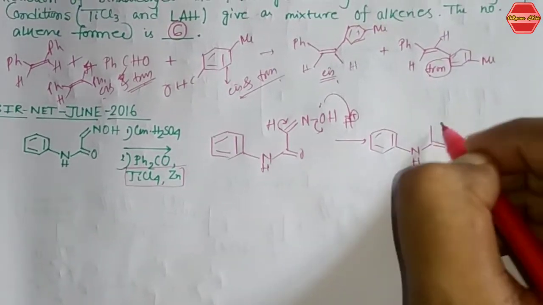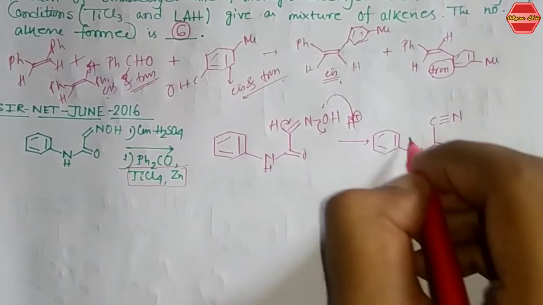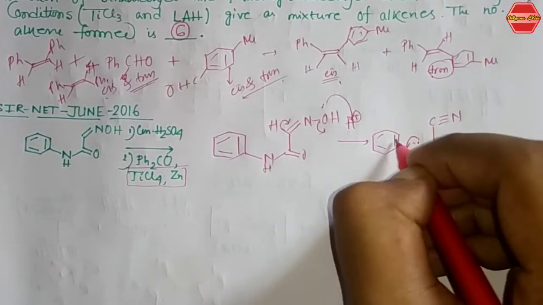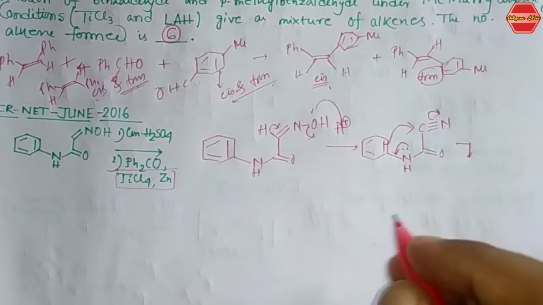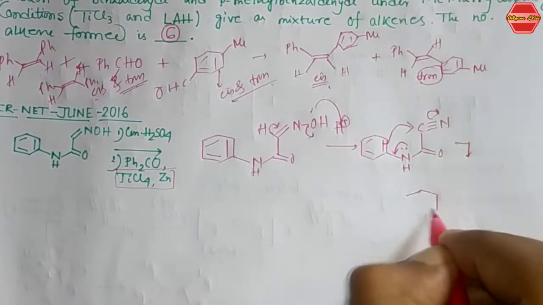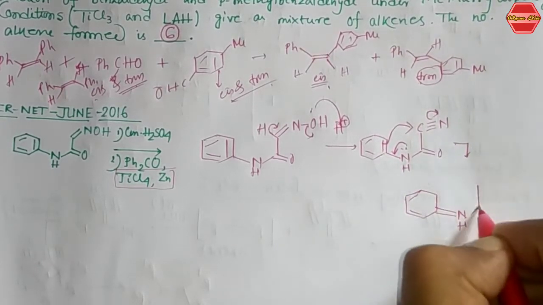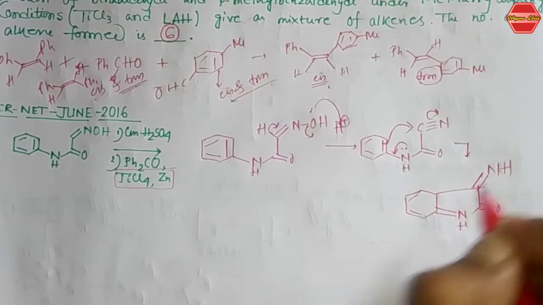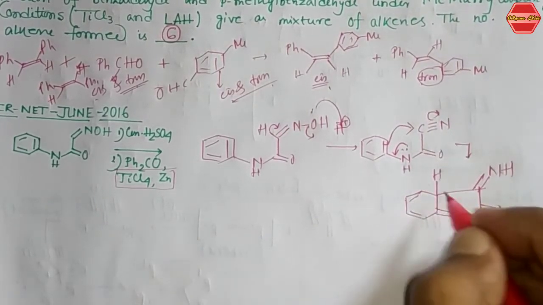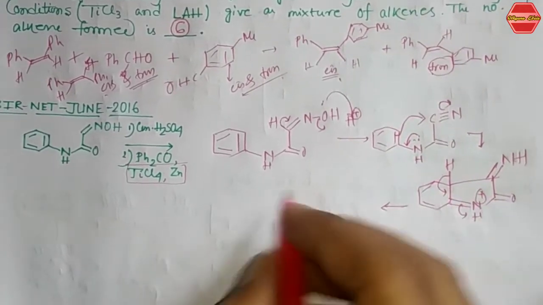you are getting this intermediate, that is a double bond, C triple bond N. Now this lone pair can push its electrons, and it can go over here, like this. So the product that you get from here is this one, NH, right? Now it can take back like this, so that it can gain its aromaticity back.